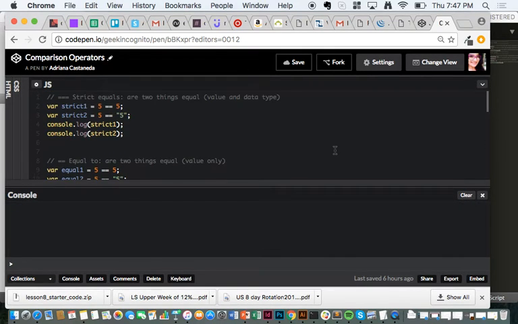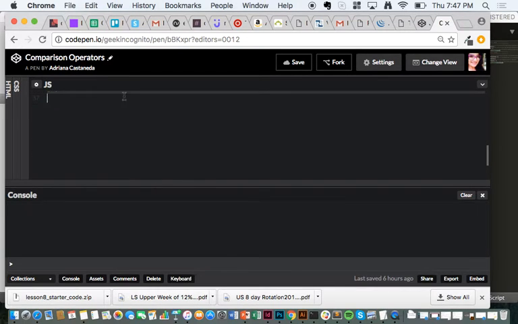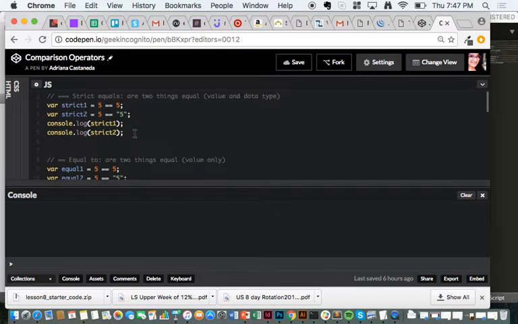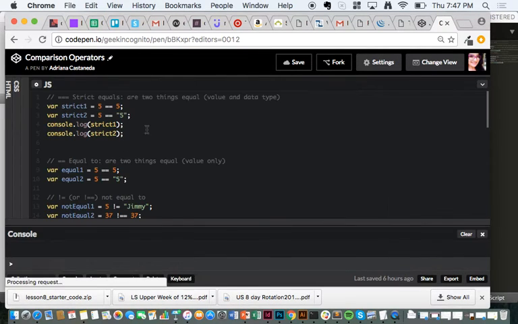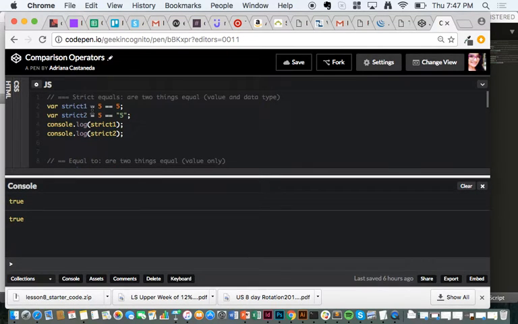Let me just clear that. Oh, is that the only thing I'm console logging? Okay, yeah. So here I'm console logging strict 1 and console logging strict 2. So you see here, that's exactly what you were saying. So I'm checking 5 to see if it's equal to 5. That's true. And here I'm checking to see if 5 is equal to the string 5. And that's also true. But if I change this to triple equals,